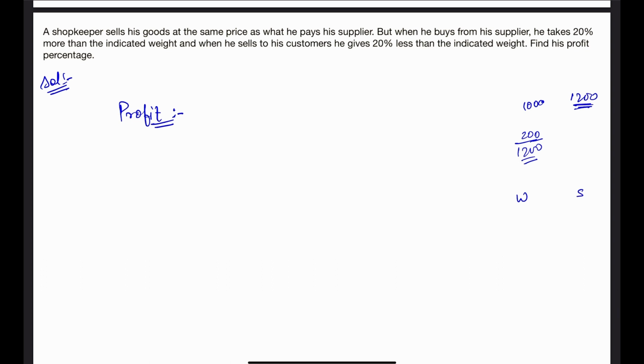So the wholesaler is making a loss of 200 when what actually he sold is 1200, so 1 by 6. So the wholesaler is making a loss of 1 by 6. So the shopkeeper is gaining 1 by 5. So my multiplying factor is 6 by 5 into